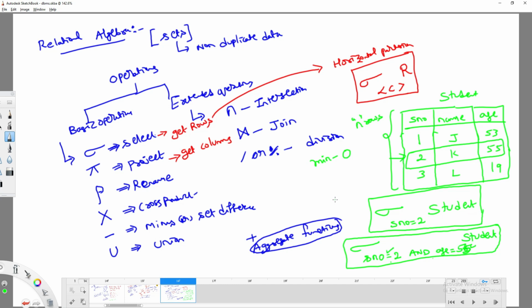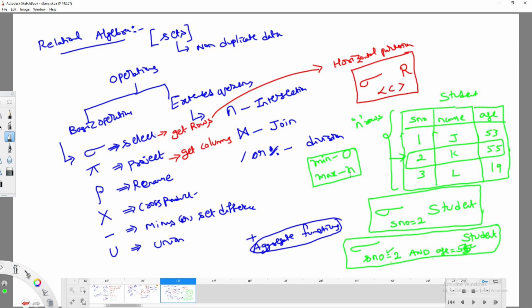In this particular example, serial number equal to 2 and age equal to 56, the minimum number of rows is 0. And if I apply the same operation, what is the maximum number of rows you can get? The total number of rows, right? Am I right or not? You can get the total number of rows. So these are the things you have to do.